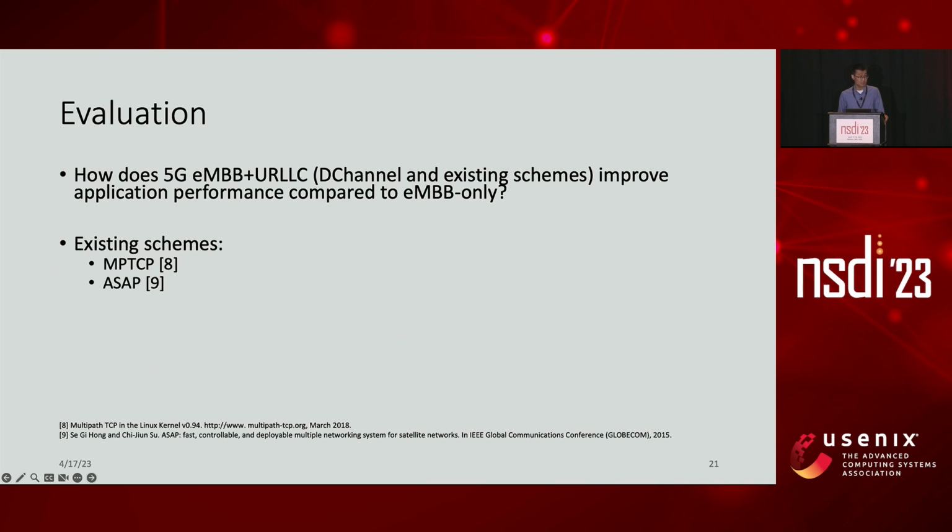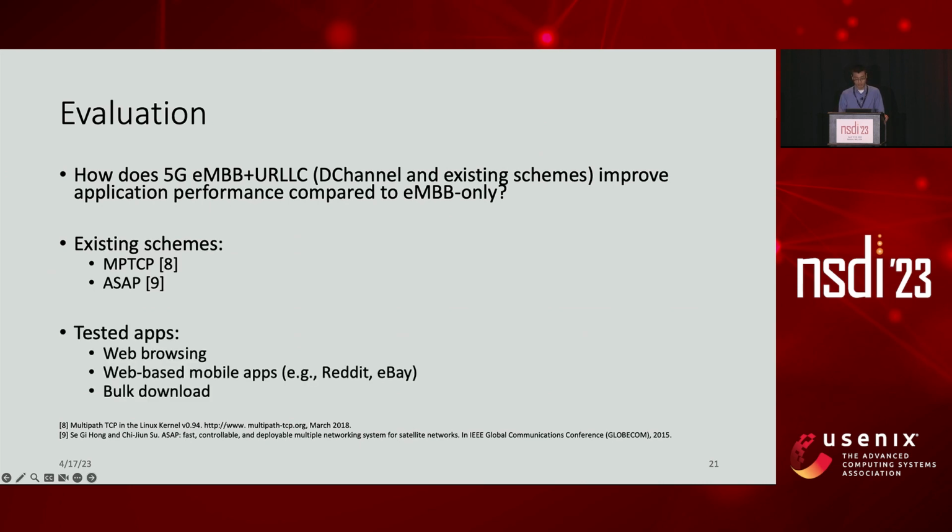The first one is MPTCP, which already combined those two paths on the transport level. And I used the default one. And for ASAP, this is designed for steering traffic in two different paths. The first one is the satellite network, and the second one is the 4G network. And those combinations have a similar bandwidth and latency trade-off.